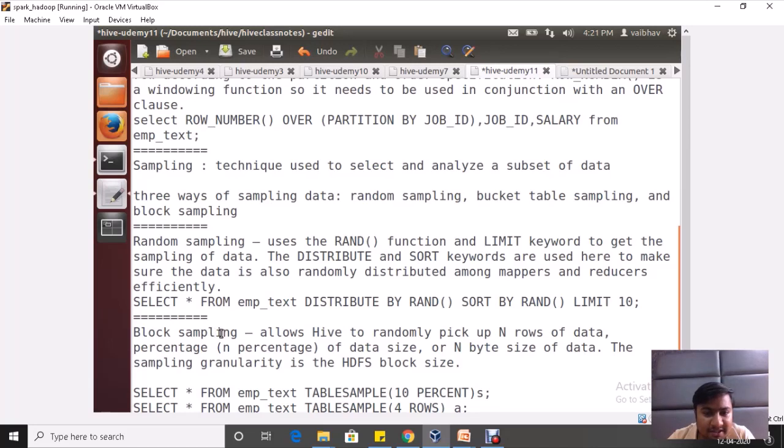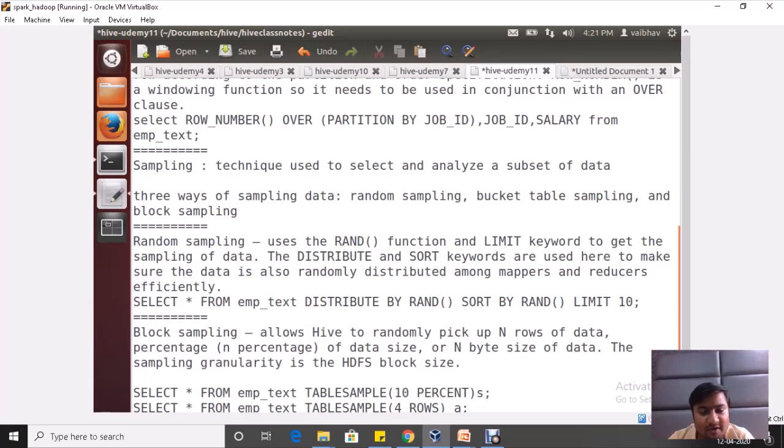Another is block sampling. Block sampling allows you to pick n rows from an HDFS block, and the n here is the size in bytes.